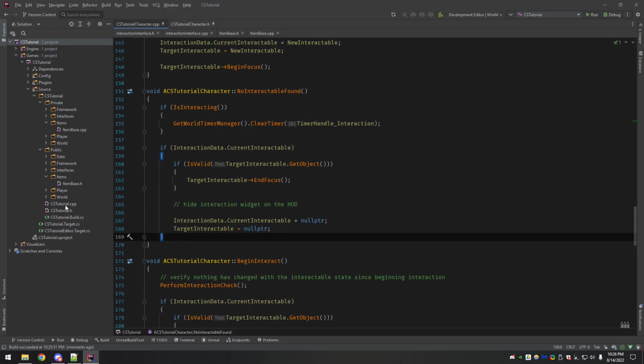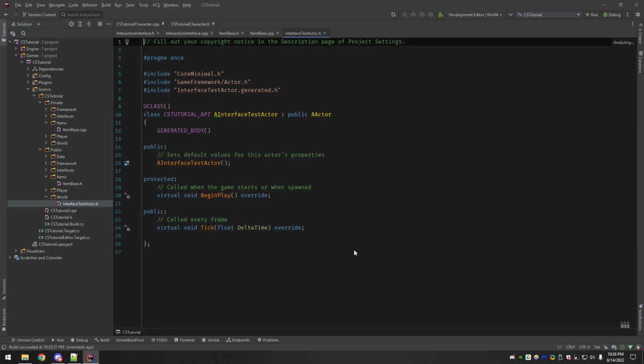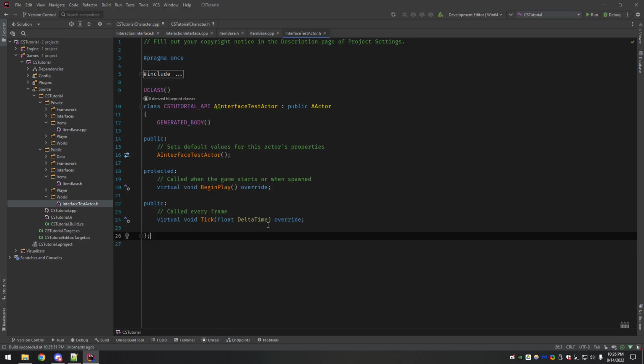If you remember, when we first started this, I had us create an interface test actor. This is completely untouched still. Now we want to be able to test our interaction interface, and see how we implement this stuff moving forward if we want to make a custom actor.